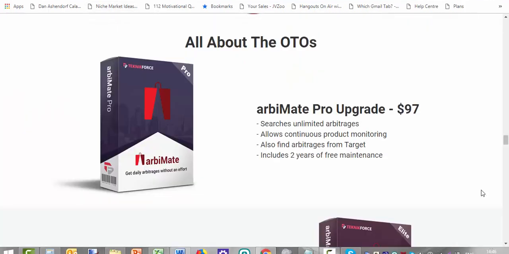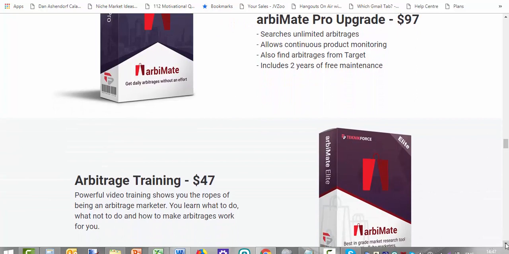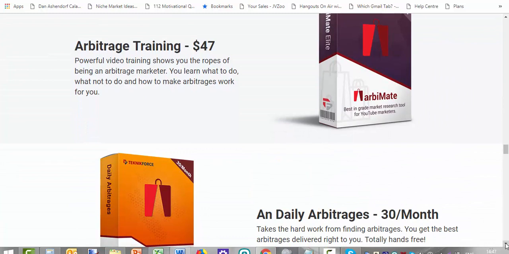Okay, so let's have a look at the OTOs. You got ArbiMate Pro upgrade for $97, and so with this one you get another marketplace as well as Walmart. You also get to look at Target, and you get continuous product monitoring. So if you've placed a watch on one of these products, it will alert you if any changes have happened, which is quite common in these marketplaces because they are quite dynamic depending on how many sellers there are for each of these listings. And then you've got some training, arbitrage training for $47,